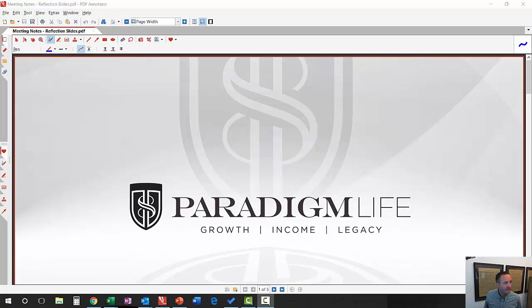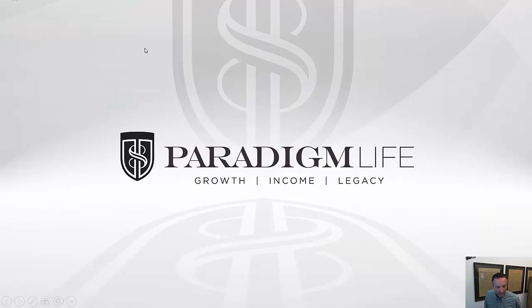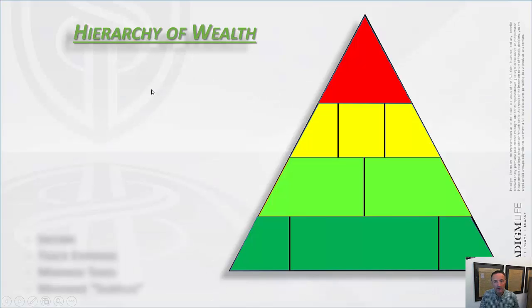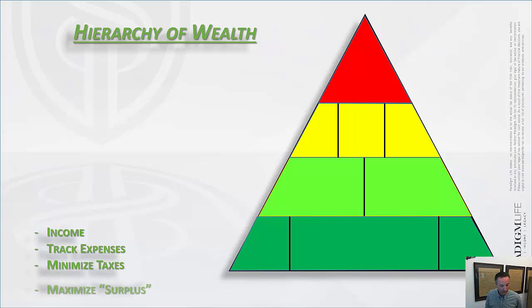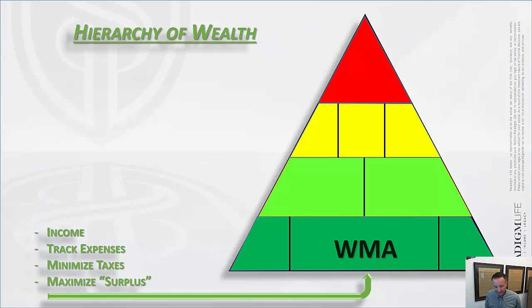So first thing I want to do is bring up the hierarchy of wealth. That's something that I know many of you are also familiar with. If you've read Heads I Win, Tails You Lose, you see it in there. This is something that kind of goes back to the very beginning for me in terms of a good visual representation of what it is that I'm trying to do just in my own personal financial space, as well as what I'm helping clients to do. So just quickly, I'm not going to spend a ton of time on this. I'm just bringing this up for some quick context.